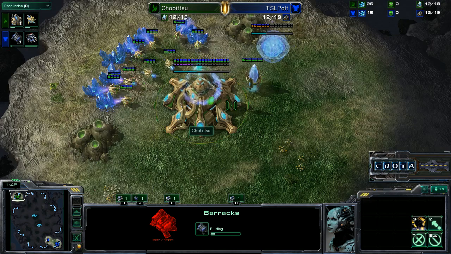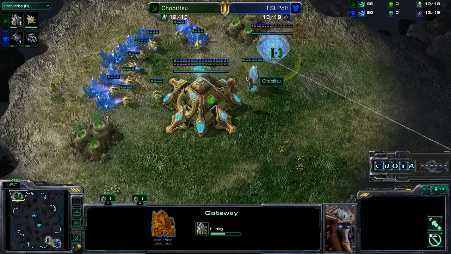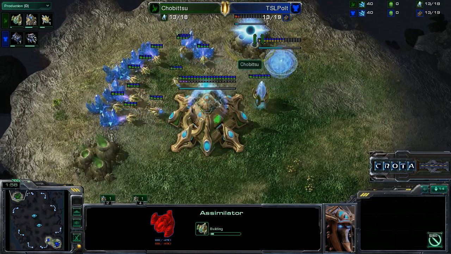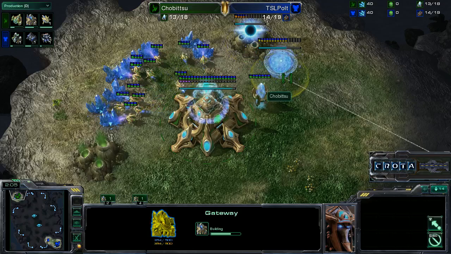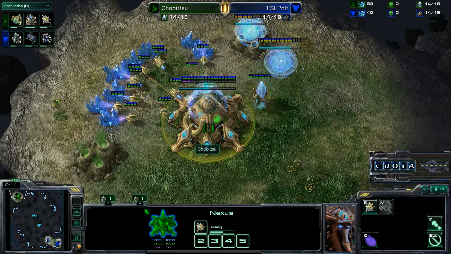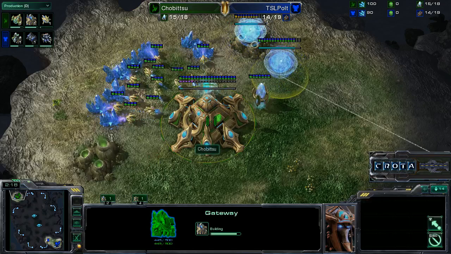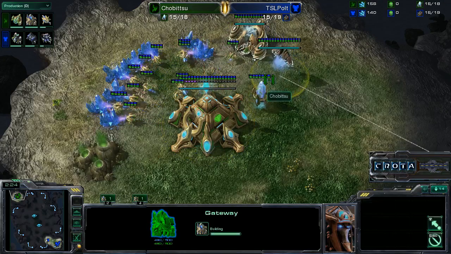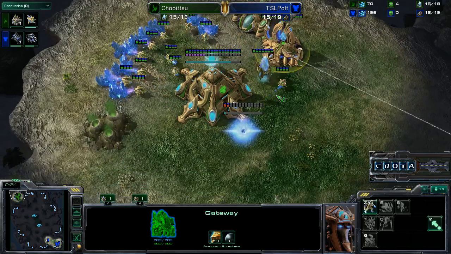Chobittsu this time around going for a much more traditional build, getting that gateway at, I believe, 12. Actually, no, that gateway actually seems a little bit earlier than normal. So Chobittsu getting up a 10 gateway and a 13 gas. This is actually a little bit earlier, and we may see some sort of 4 gate pressure. Chobittsu trying to be much more aggressive, and by sacrificing a little bit of economy early on, he is actually able to get down that gateway and perhaps that cybernetics core a little bit faster, as you see that now